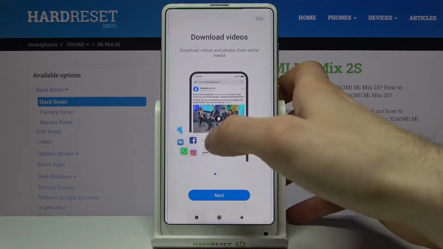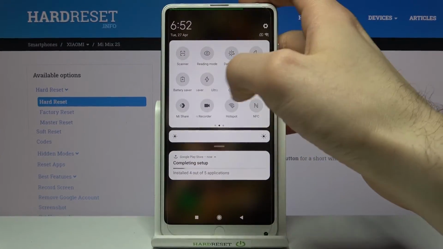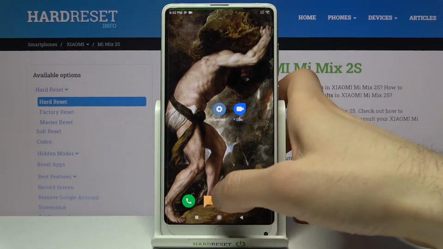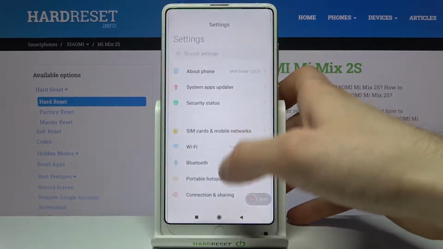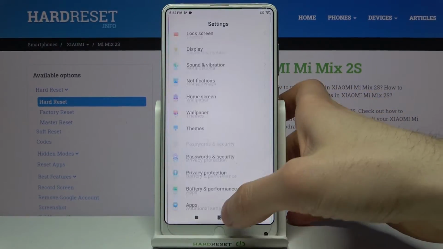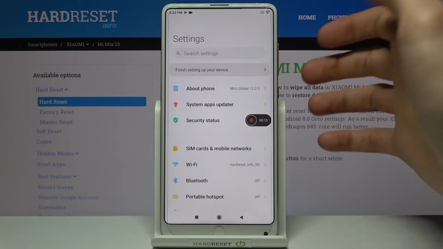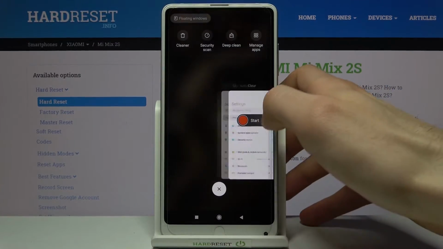So let's try to record something. Tap on this button once and recording starts. Let's record maybe some of the up list, don't know, maybe settings list. So to stop recording, tap on this red button one more time, and after that your recording will be saved